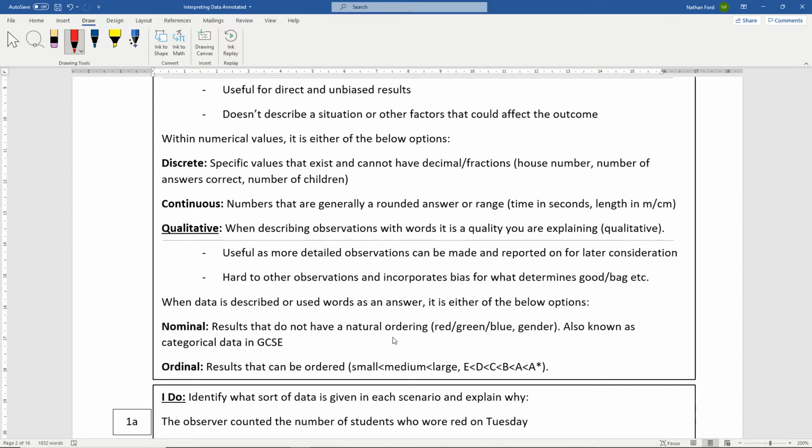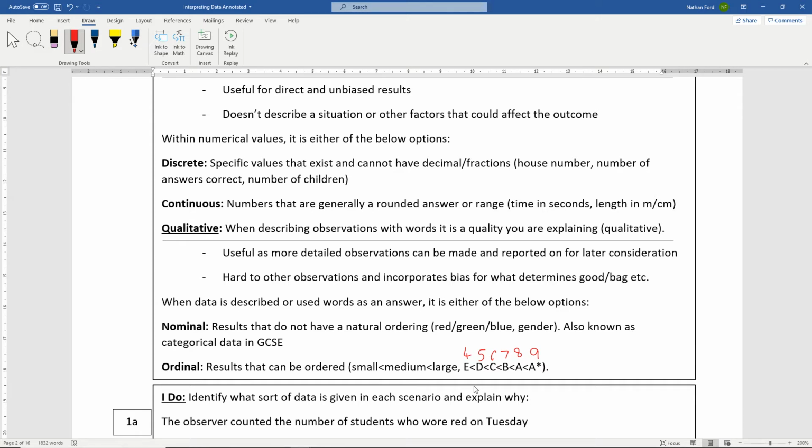Okay? And we have the ordinal, which is where they can be ordered, like small, medium, and large. Small being the smallest, large being the largest. We have grades. Grades E, D, C, B, A, and A star. They would actually be ordinal data. This is the one little thing where it gets tricky. I could arrange numbers for this. I could arrange this as a 9, an 8, a 7, a 6, a 5, and a 4 as a